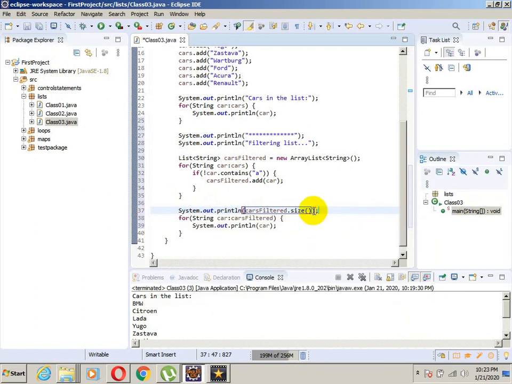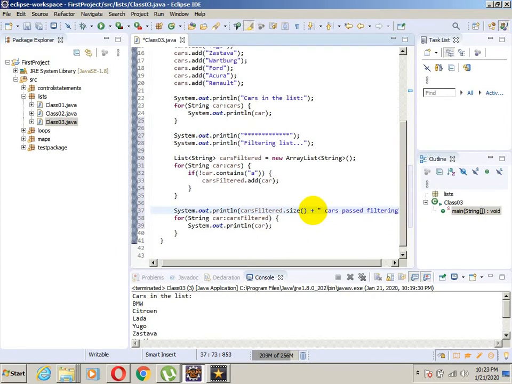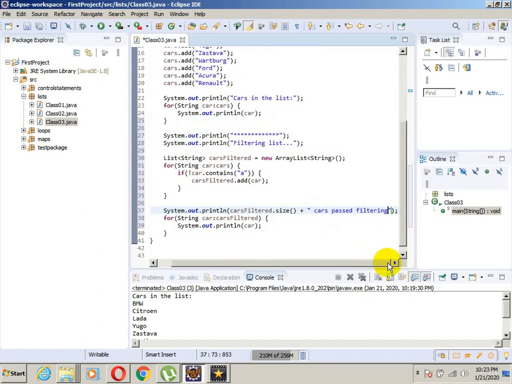We will see how many cars passed the filter, plus cars passed filtering. Okay,